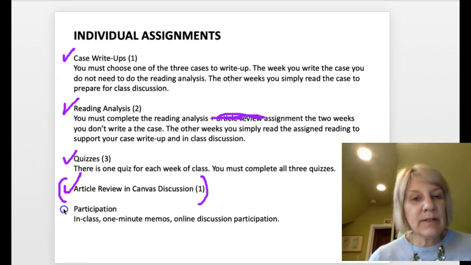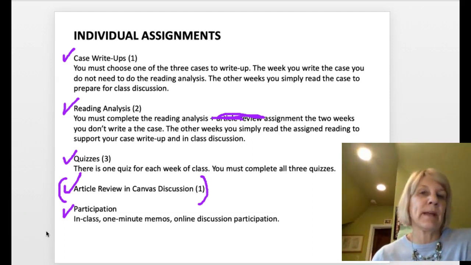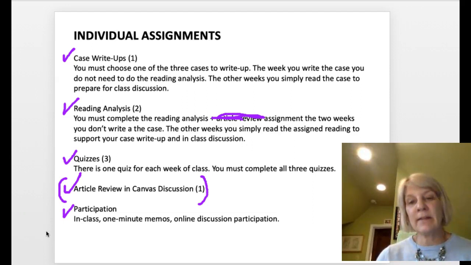And it's important to state that as participation, part of your participation grade will be you looking at others' reviews, and maybe commenting on some of those. You don't need to look at everyone, you don't need to comment on everyone, but it's just another format or source of participation. There is a participation grade in class, and it will be graded based on in-class discussion,